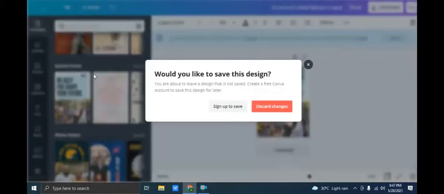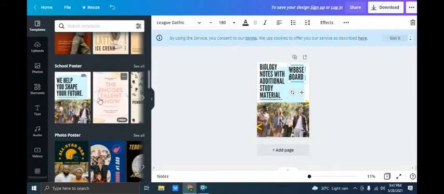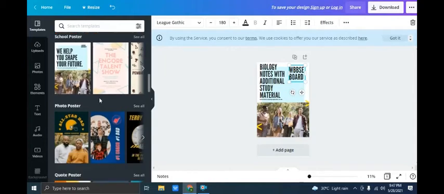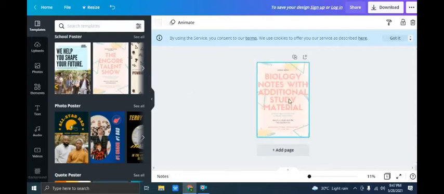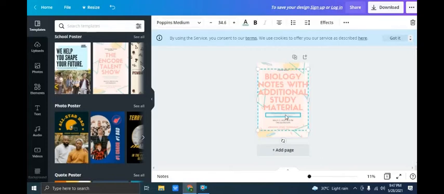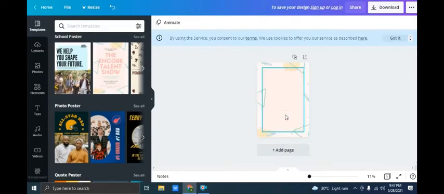Now I'll click on download. On the right corner, the download button is there. I'll click download. Here they give the preference that PDF print is suggested, and now it is written pay and download. Yes, it costs 75 rupees, so that's why I have discarded it, I am not taking it, but I have not discarded the changes. Now I am taking the free template.